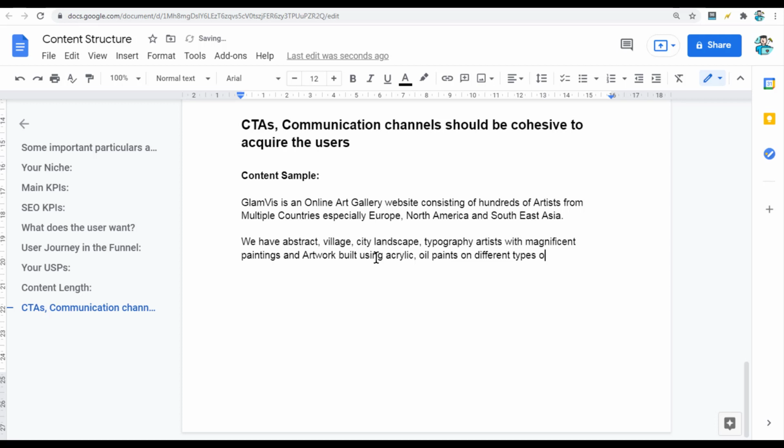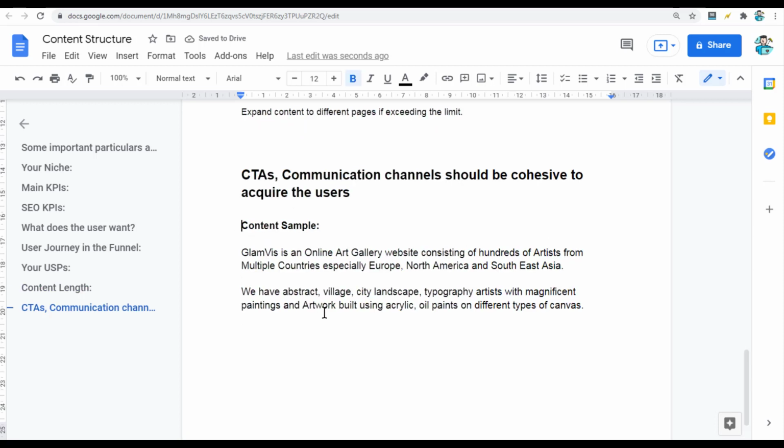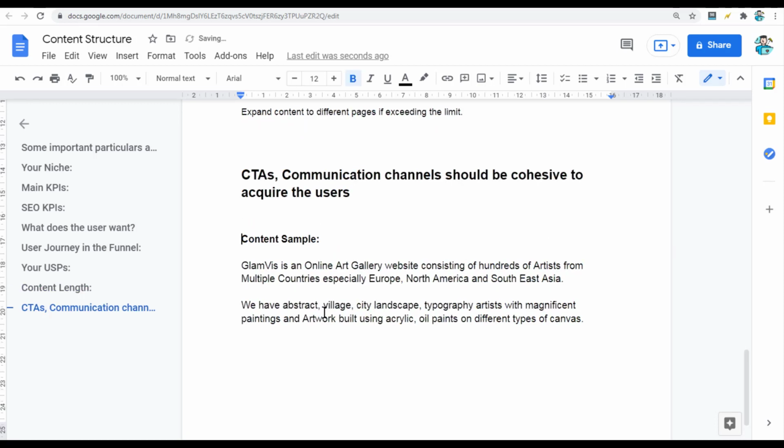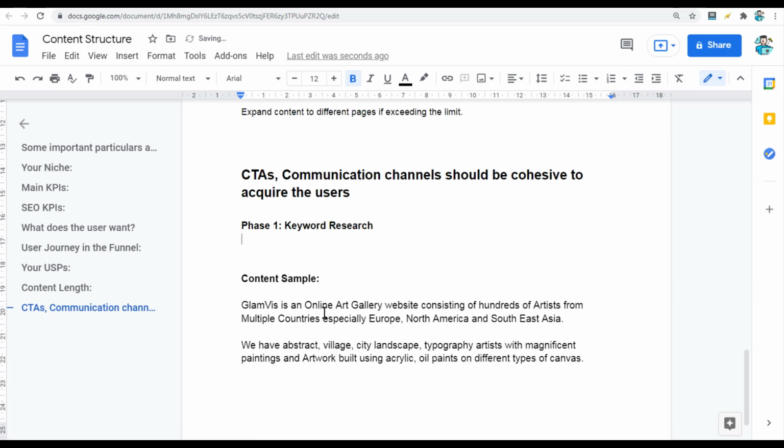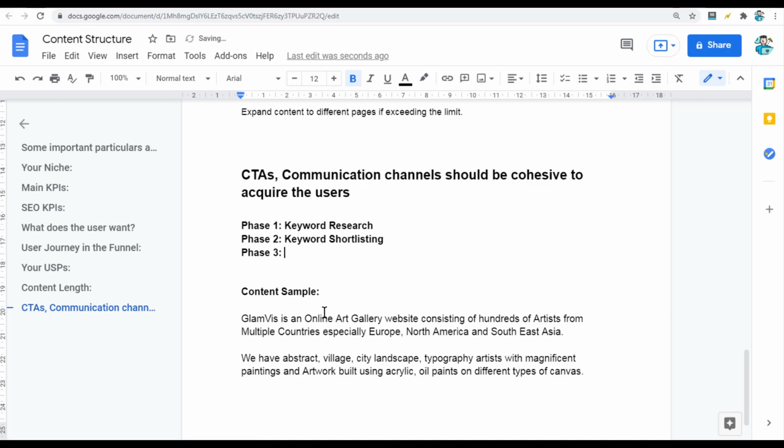Okay, so one strategy is that you have the content ready after you have conducted keyword research. So usually it goes like this: you have phase 1, keyword research, then phase 2, keyword shortlisting, then phase 3, keyword implementation.